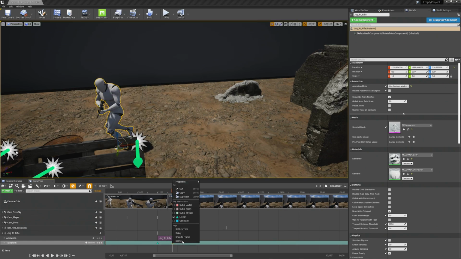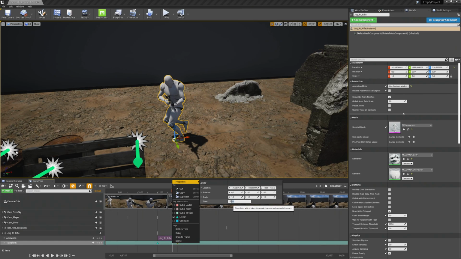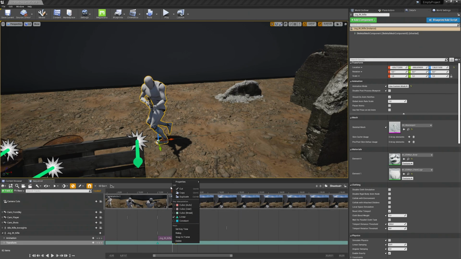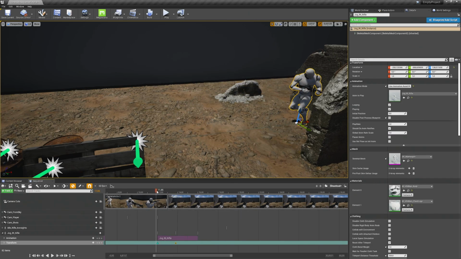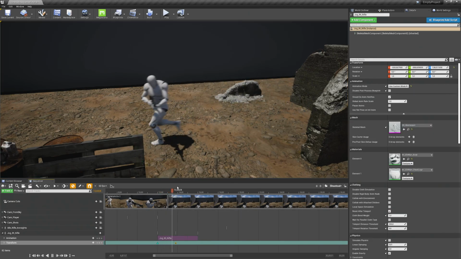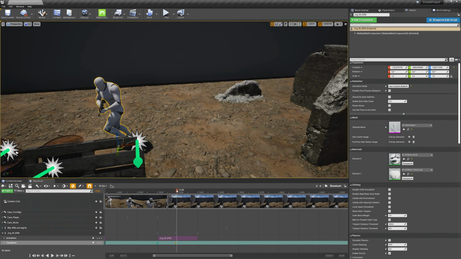Still a bit back, so I will set the properties. And with the time input field, you can set the exact time where the keyframe should be. So I'll move it to, let's try 14. Yeah, no, that's too much. 1380 maybe. Let's give it a try. Yeah, I think this is the right value here.